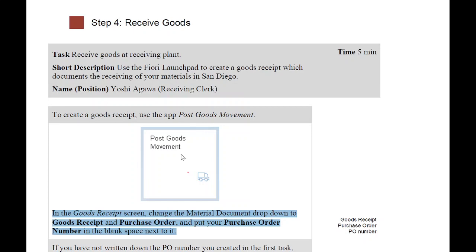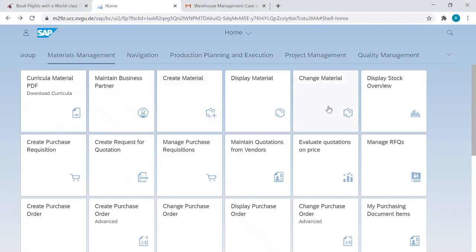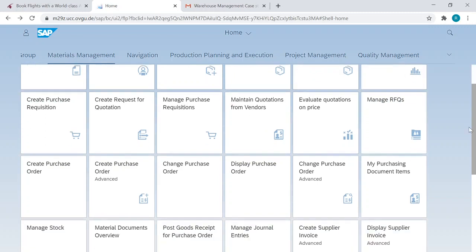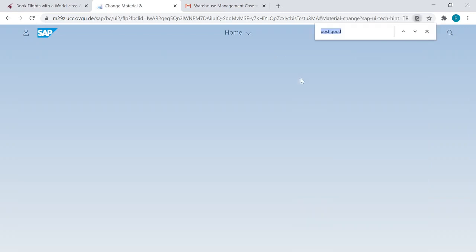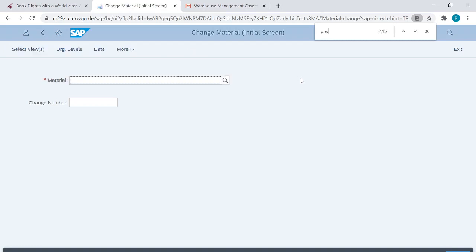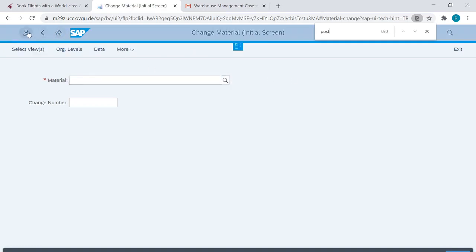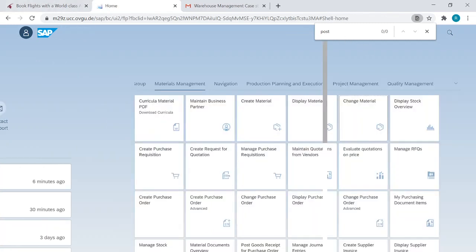First step, we will go to post goods movements. So here we go. It's in the material management. Why is it working like this? Just a second. Go to home. Okay, it will be in warehouse management.